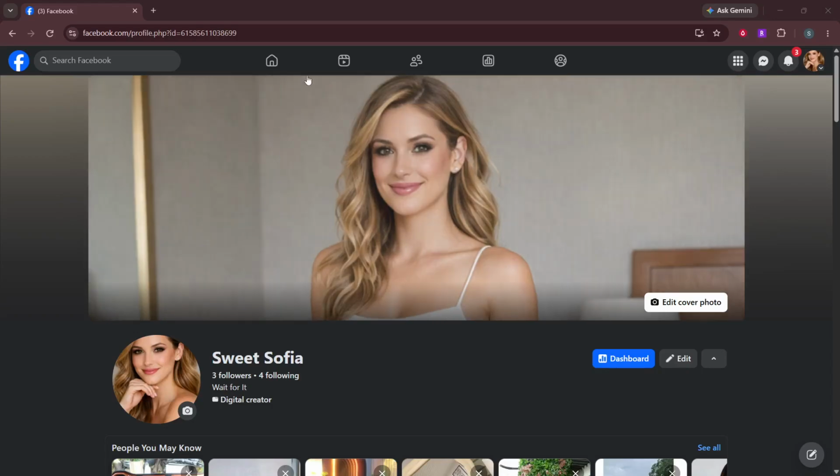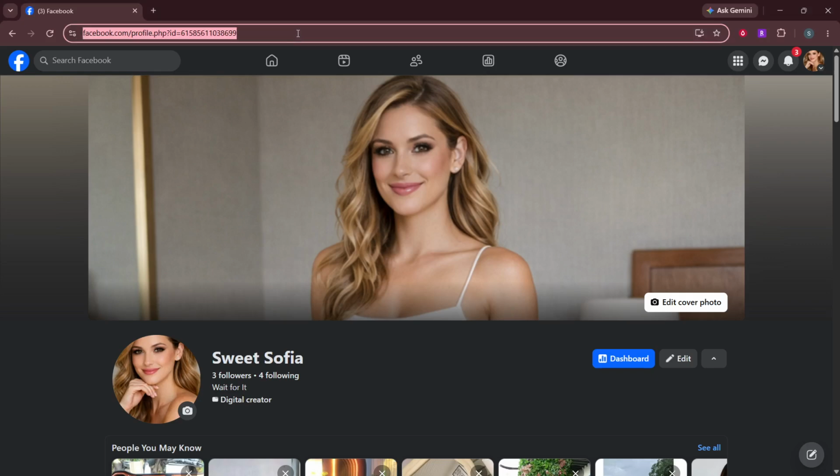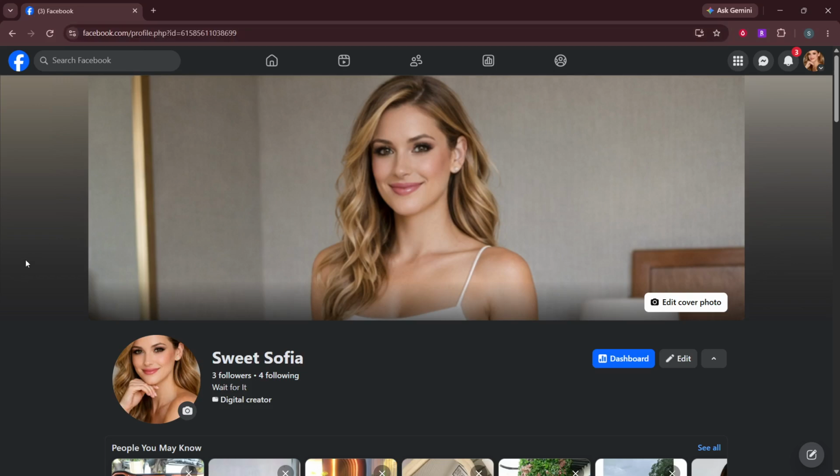Let's get started. First, open Facebook on your computer. Move your mouse to your usual browser, like Chrome or Edge, and click it. In the address bar at the top, type facebook.com and press enter, then wait for the page to load. If you are asked to log in, enter your email or phone and your password, then click the blue login button. Once you are logged in, you should see your Facebook homepage with the news feed in the middle.